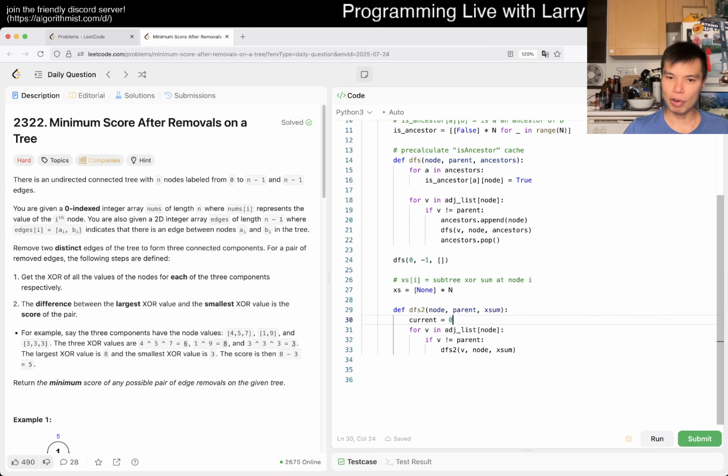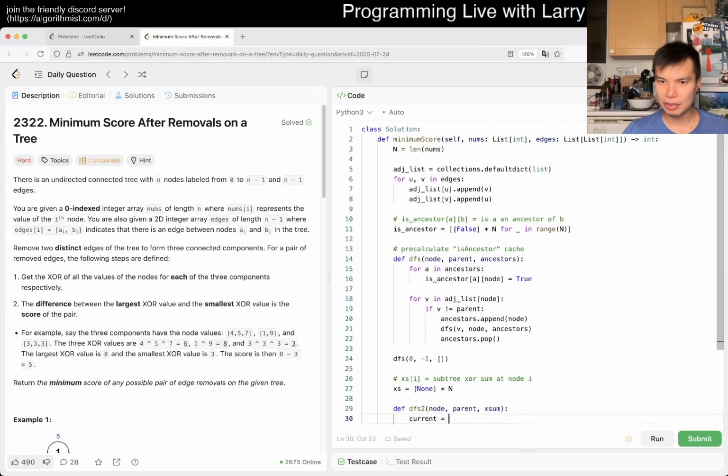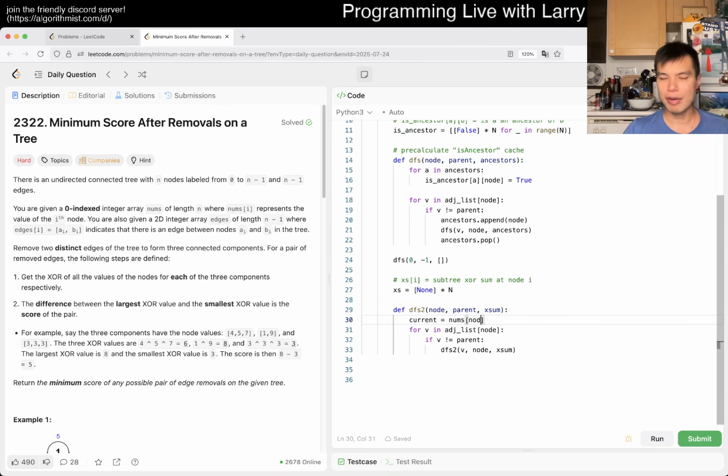So then current, we want to contain the current node. What is it called? nums sub node. And then we want to include all the nodes that are in the tree, and then that's it. And then we want to return current, but we also want to save it down at the end, and that should be good, right? Because you have to do it again from